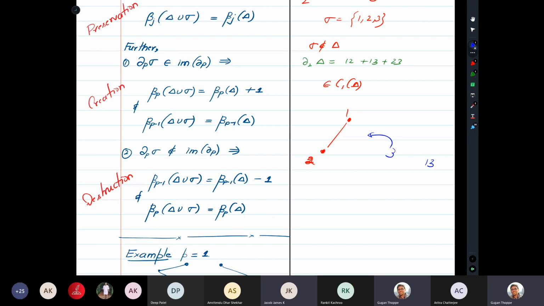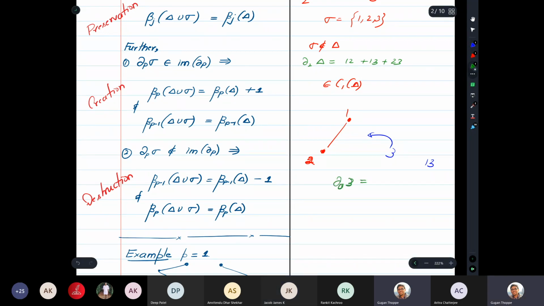So I don't want to look at adding this edge 1, 3 in one go. I want to first add vertex 3, then you say this result applies. Then once you have the vertex 3 in the simplicial complex, I can add this edge 1, 3. Then this result applies. Is that okay? So ∂_0 of 3 must be something, right? So ∂_0 of 3,